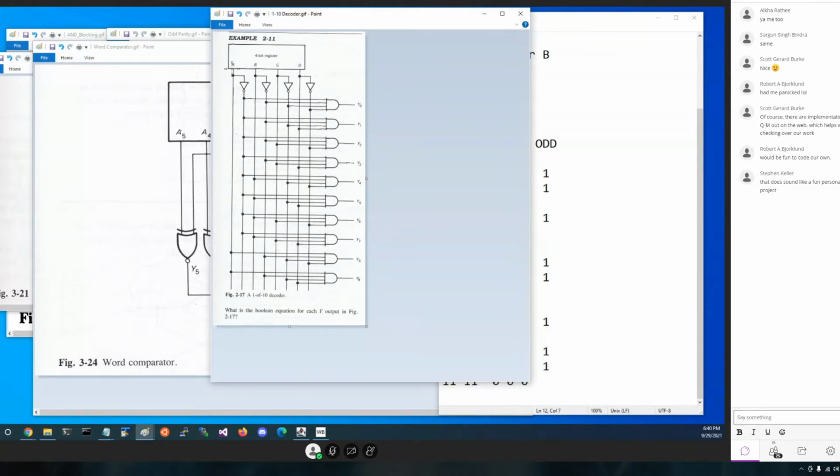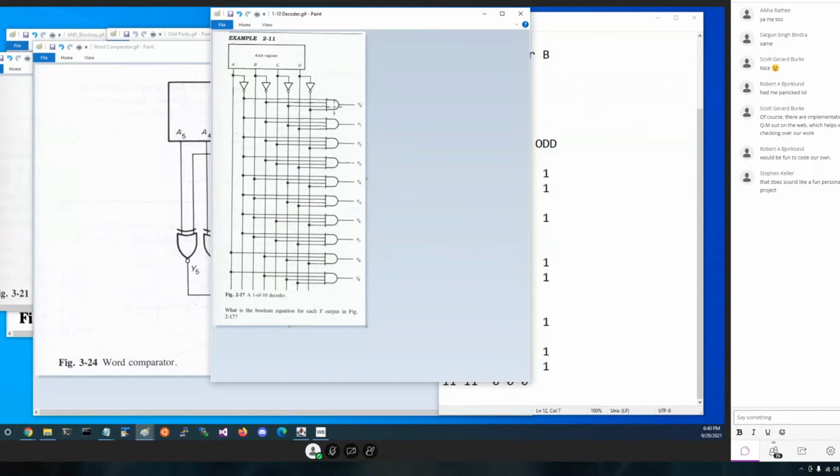Now, if it's a 0, that means the inverted signal will be a 1. If it's a 1, that means the main signal will be a 1. These two will always be opposites. Those two will always be opposites. So what we did is we put 8, is this 1 of 10? Let's see, 1, 2, 3, 4, 5, yeah, 10